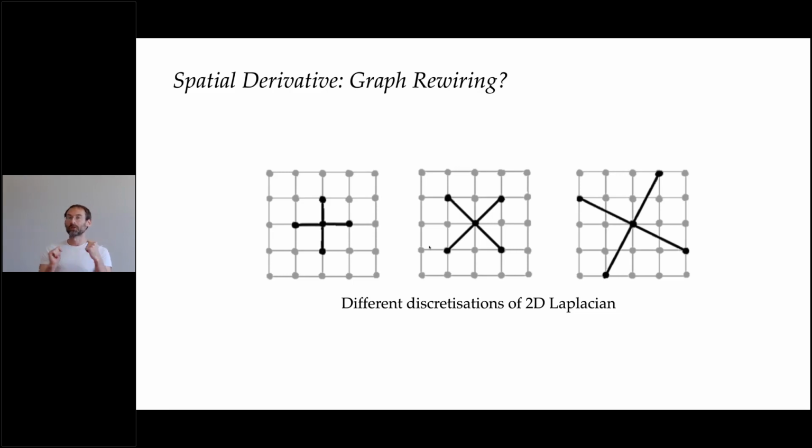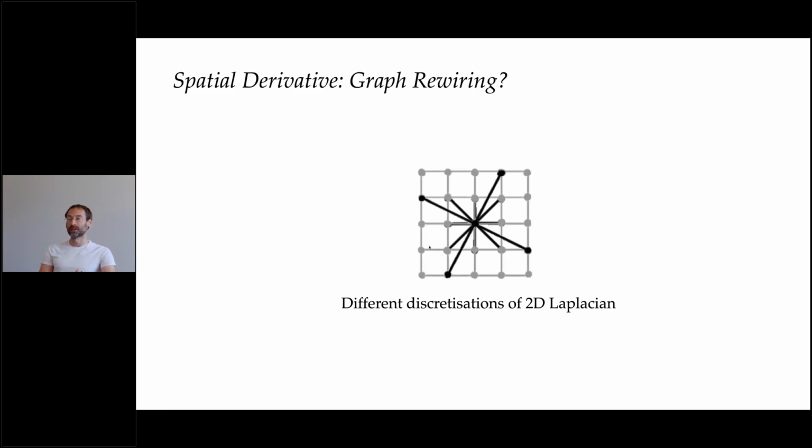And if I go back to diffusion in the plane, for example, if I discretize the plane on the grid, then differential operators such as the Laplacian can be discretized in many different ways, right? So here I show three different possibilities of writing down a discrete Laplacian operator. And any convex combinations of these operators, because it is linear, would also be a valid discretization of the Laplacian. So the question is, can we do something like this for graphs?